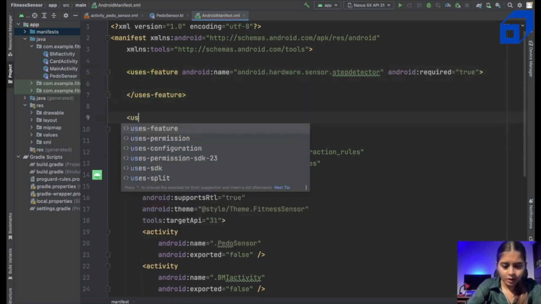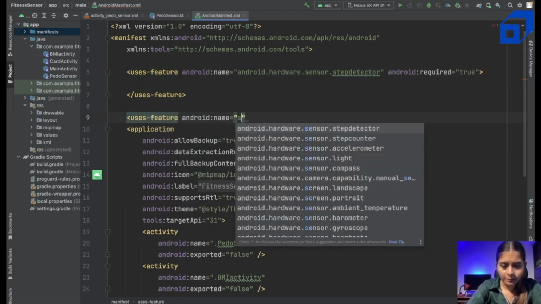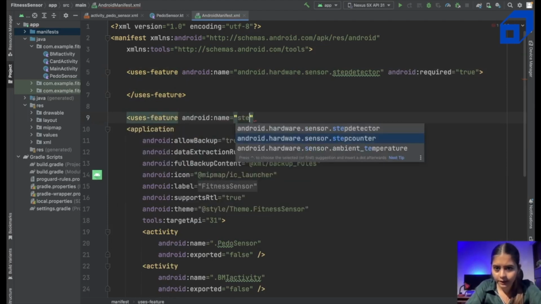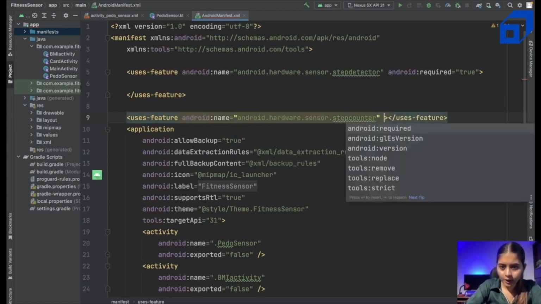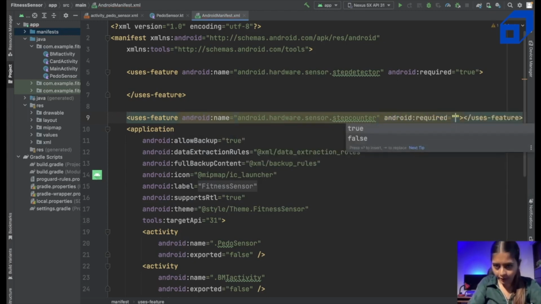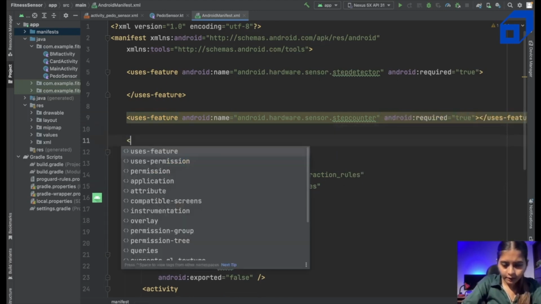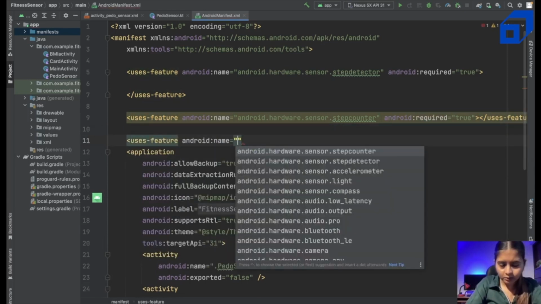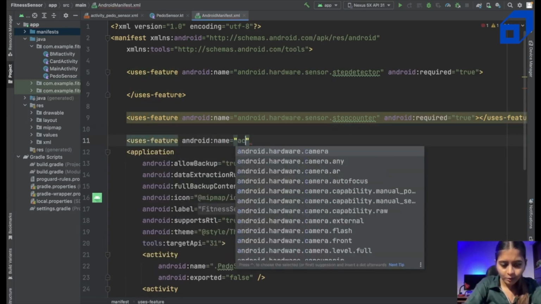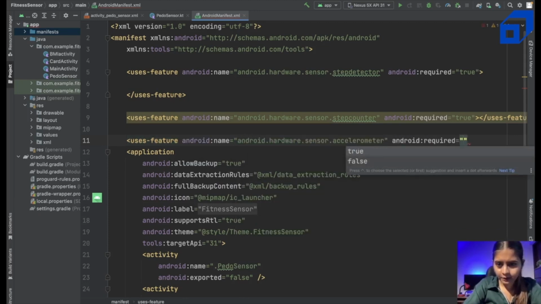Uses feature again, name is step counter now, and required true, okay, required as true. And finally after this, uses feature, name should be accelerometer, yeah, accelerometer, and required true,